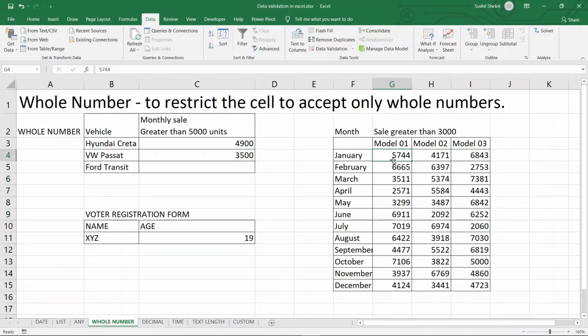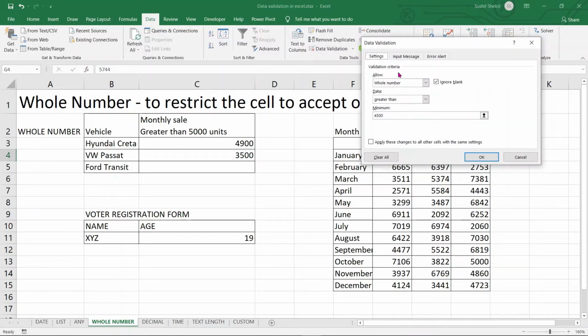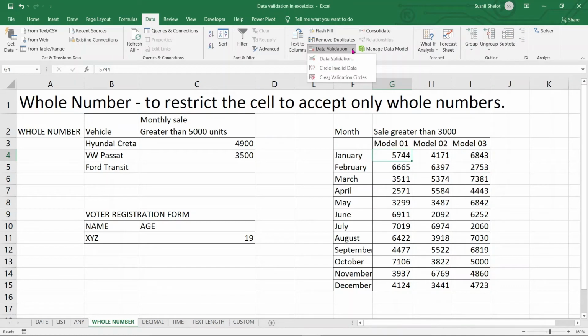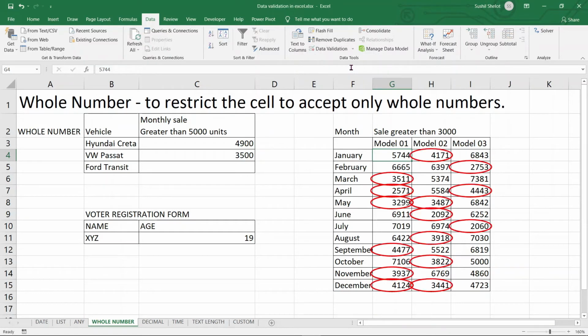Now how do I use it in a different way? So if you go and see over here in data validation itself, in the drop down we have got two more options like circle invalid data and clear validation circles. So let me go here and say circle invalid data and there it is. Now you can see all the cells which are having values which are not as per the data validation have